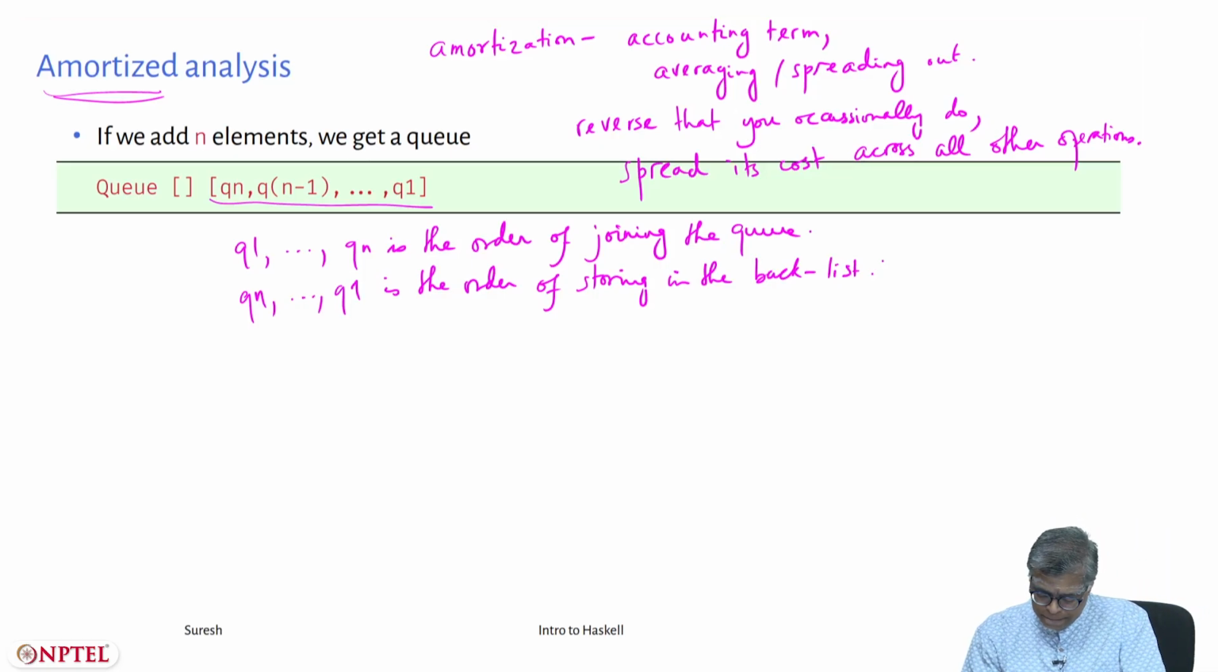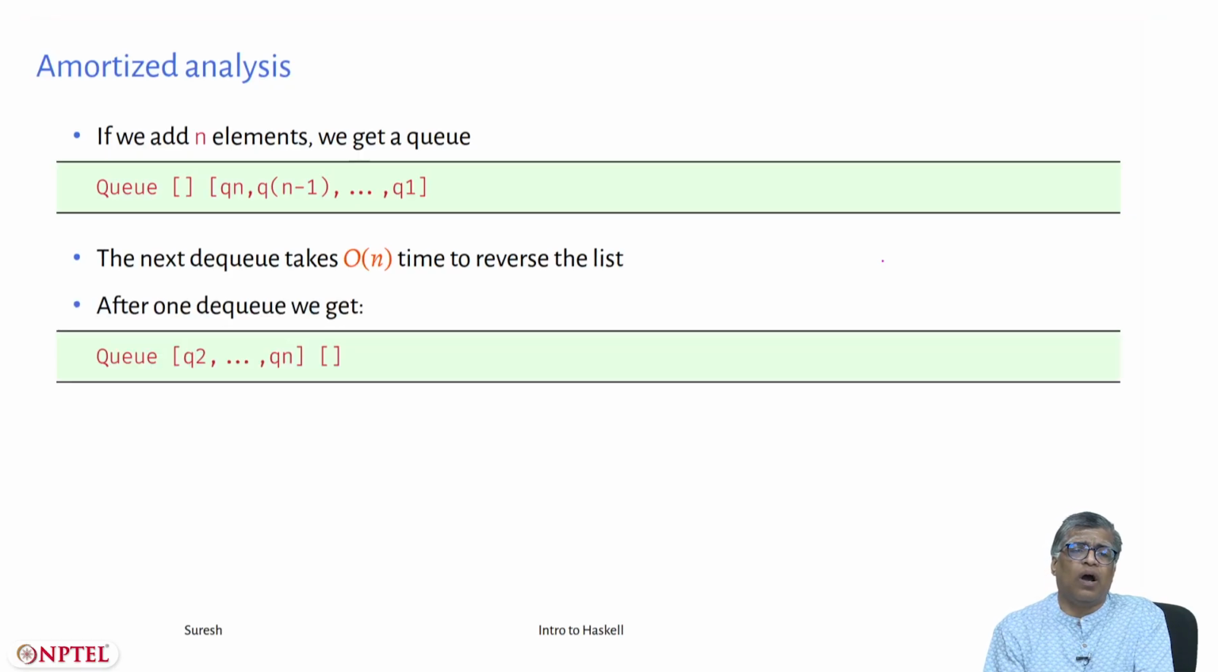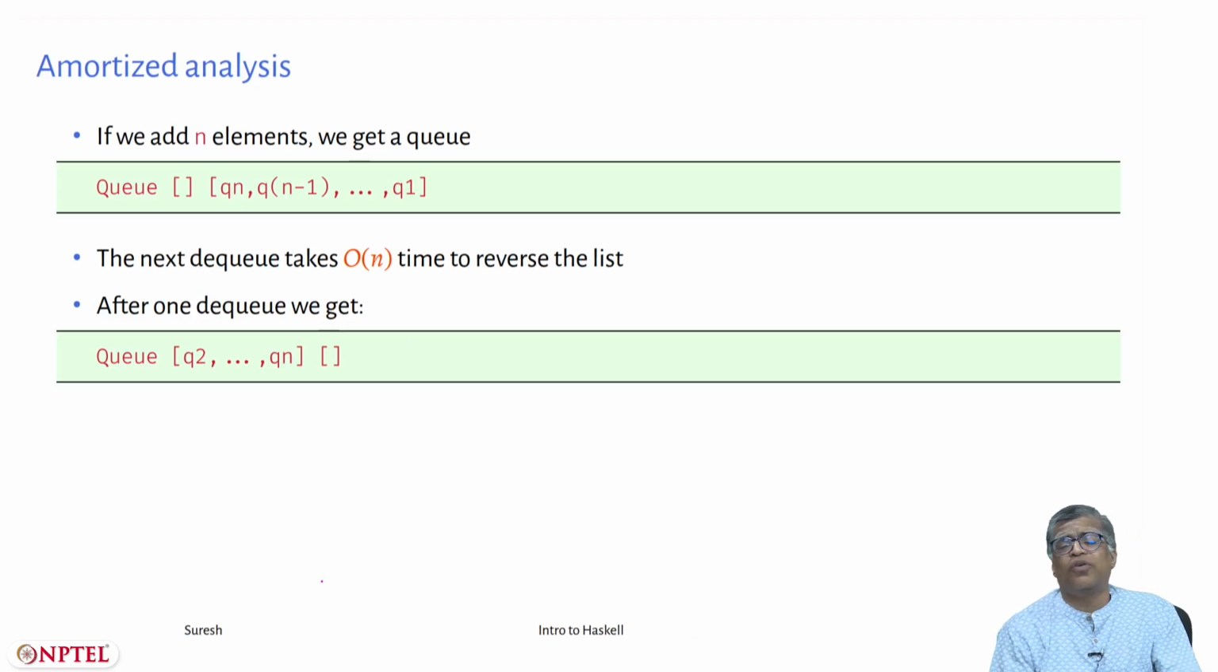So, now suppose at this point you want to do a DQ. It takes order n time to reverse the list, right. Now, after one DQ you get Q2 to Qn and an empty list. Now, it seems like if I perform n operations, what is the worst case time that each operation can take? Order n. So, it seems that n operations will take order n square time, but the point is